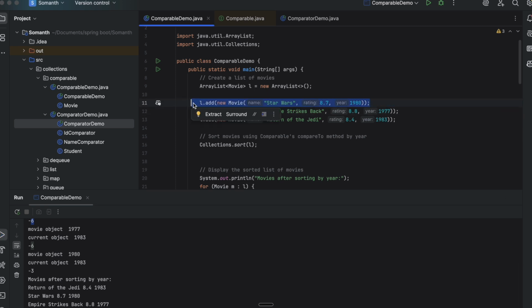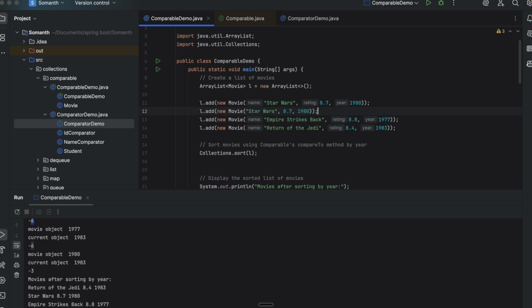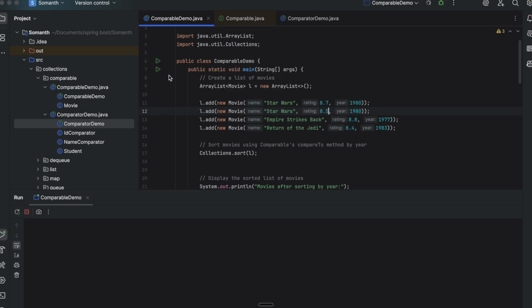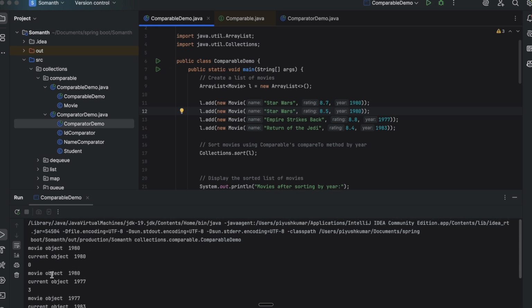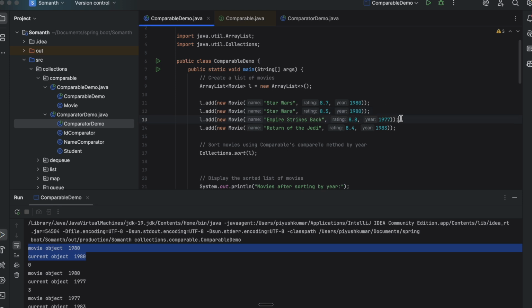Let me add another object. I'll just give something and keep the year the same. So you should have 0 also now. So here you see it is 0, because these two values are the same. It takes the one and two. So the first one it will take, and the second one will be this, in the first scenario. But sometimes, let's say here you have some value which is already lesser than this,